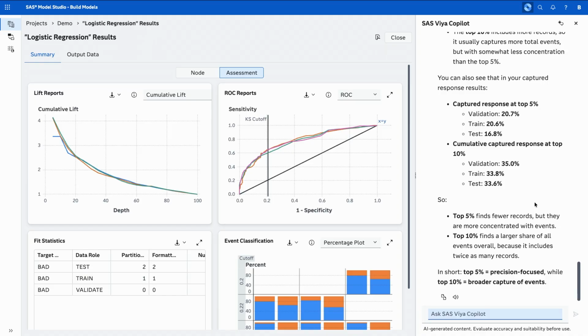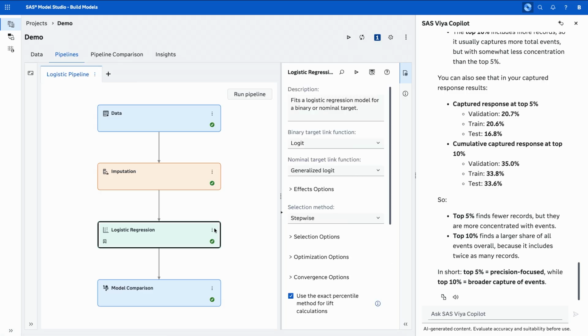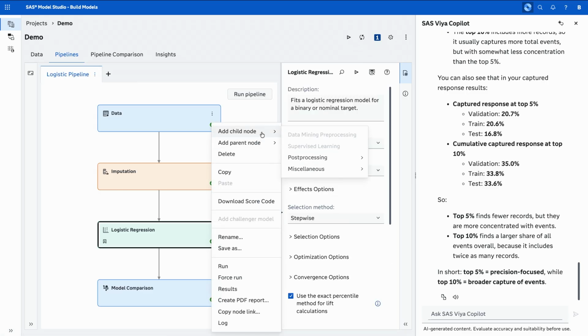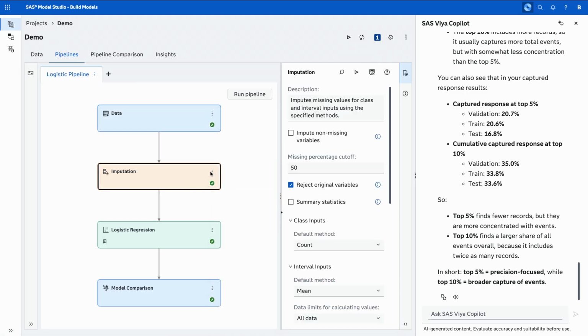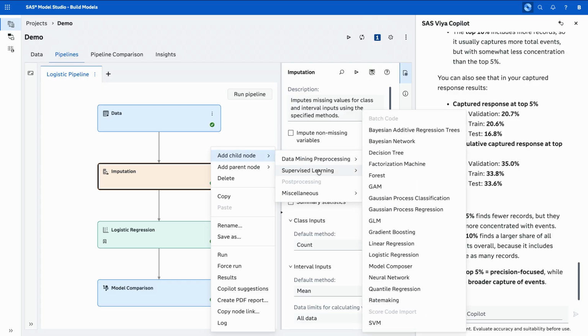Hi, great presentation. Does this work with other types of models like neural nets and gradient boosting? Oh yeah, absolutely. So any type of model, and I'll go back and show the list that you see. Any of the ones you see listed here, it works with.